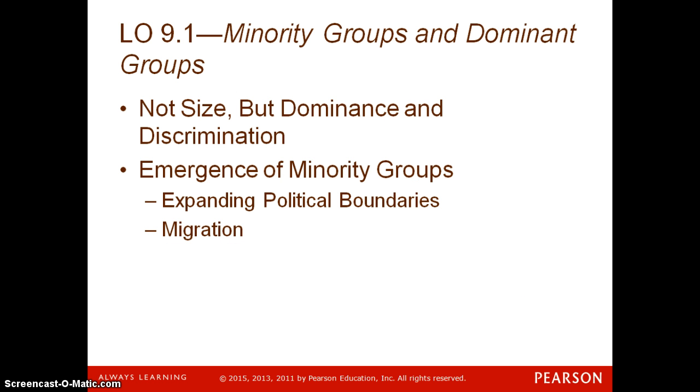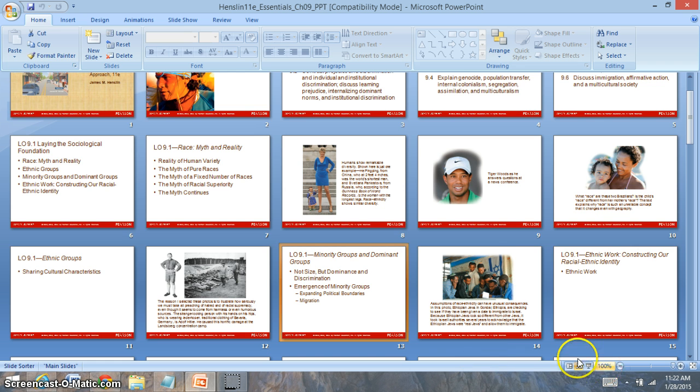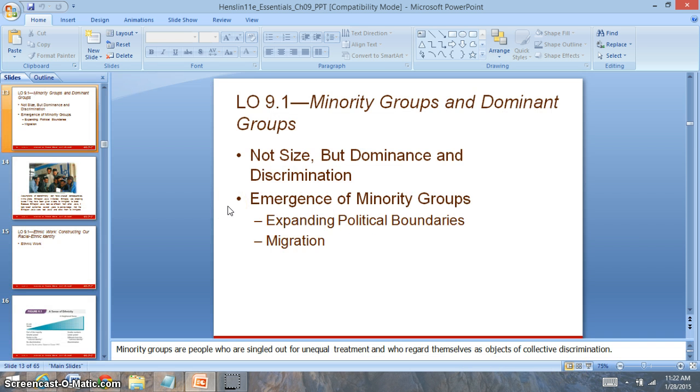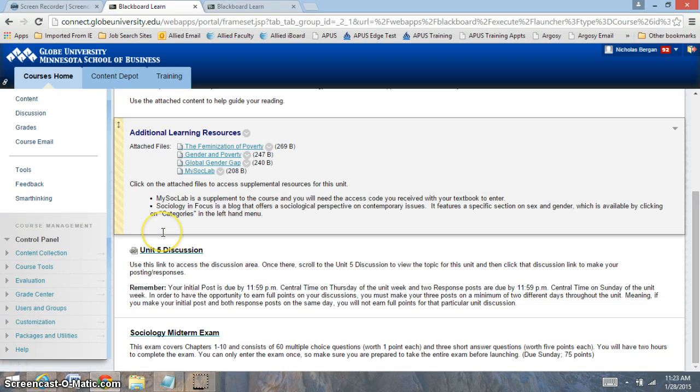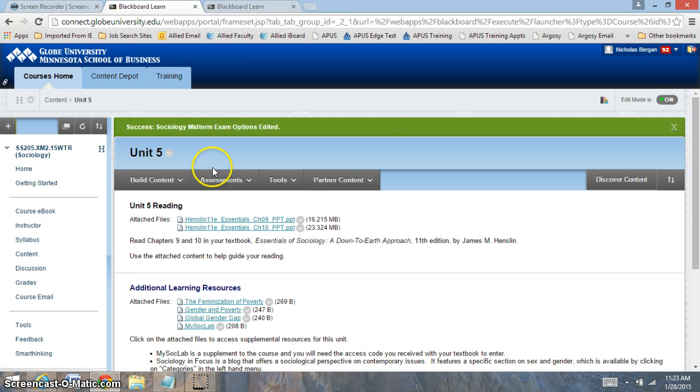So when we look at these different groups, these realities, these myths, you notice they're changing the perceptions of society. And society is based off of these different roles and groups that we're looking at. You'll notice that the book has a lot of good information for you to evaluate. So make sure to put this information into your analysis, as it will help build your discussion board, and it will help with your midterm exam as well. But I look forward to your effort this week.